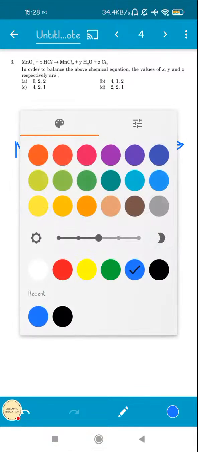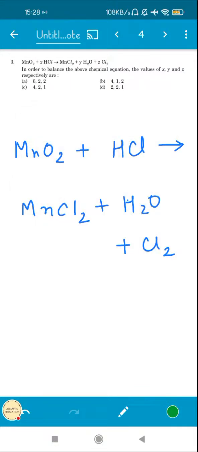So let's balance it, and then we will get the value of X, Y, and Z. So we see that Mn, over here it is 1, over here it is 1. So Mn is balanced. No need to work on it. Next we have O2. Oxygen is 2 in numbers on the reactant side. So on the product side also it will be 2. So I'm putting a 2 over here so that oxygen has 2 atoms now in the product